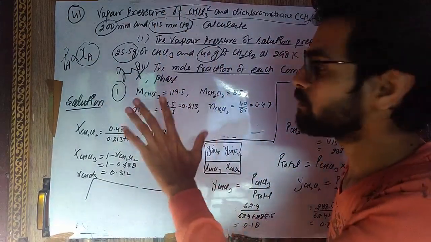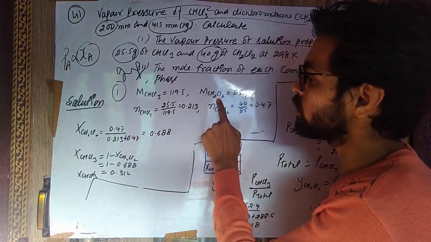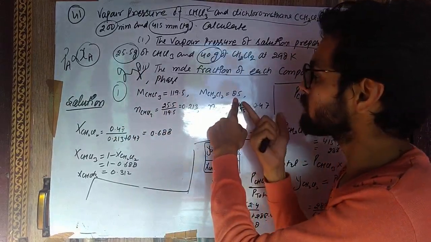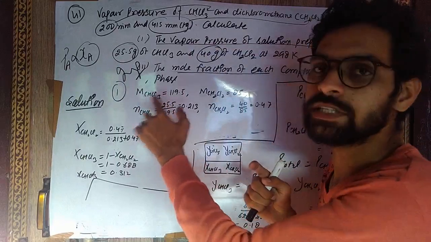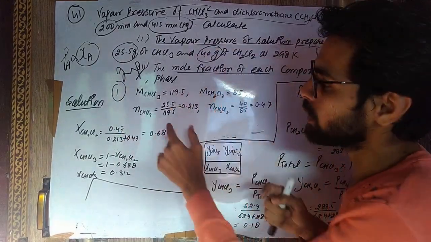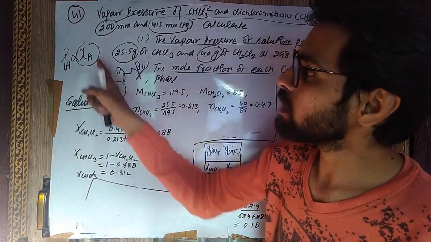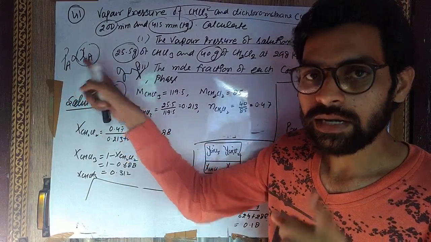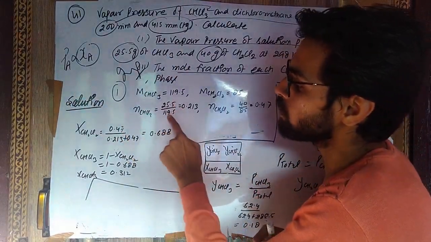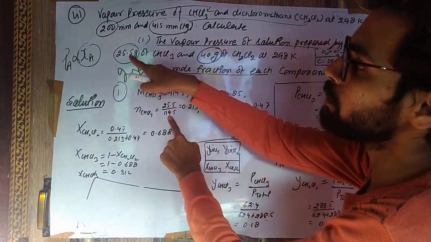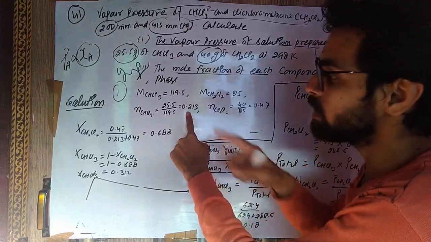Okay, so first, molecular mass of chloroform 195, molecular mass of dichloromethane, this is 85. Okay, just simply add the mass of each atom, then you will come to know the molecular mass. So first of all we will calculate the moles, because in the Raoult's law mole fraction are there and mole fraction तभी निकाले जा सकते हैं जब हमें moles पता हो. तो सबसे पहले हम moles निकालेंगे given amount upon molecular mass. Given amount is 25.5 क्लोरोफॉर्म दिया हुआ है and molecular mass is 195. moles निकल गए हमारे पास component क्लोरोफॉर्म के.